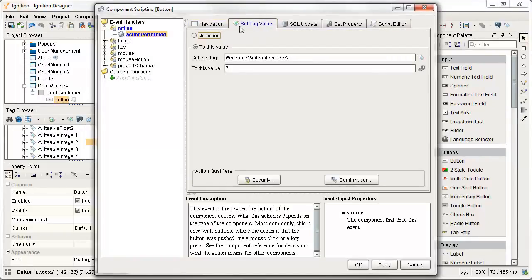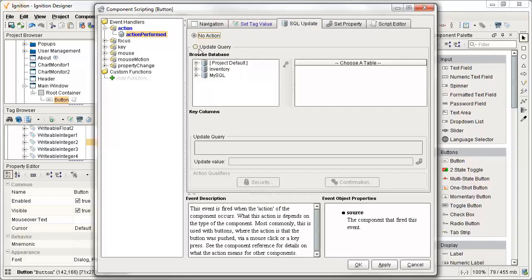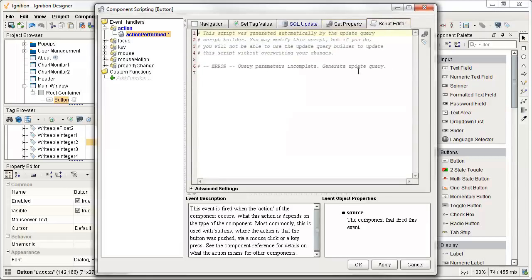Now it's important to realize that whenever you pick an action, if you had previously picked another action in a different tab, it's overwritten by enabling any of these builders. So if I go and say I want to run a SQL update query, if I pick that, my set tag value action is then no longer used. You can only use one of these at a time. So if you need to do 2 things at once, you just go straight to the script editor and do 2 things at once. You can, because of course once you're writing your own script for an event,